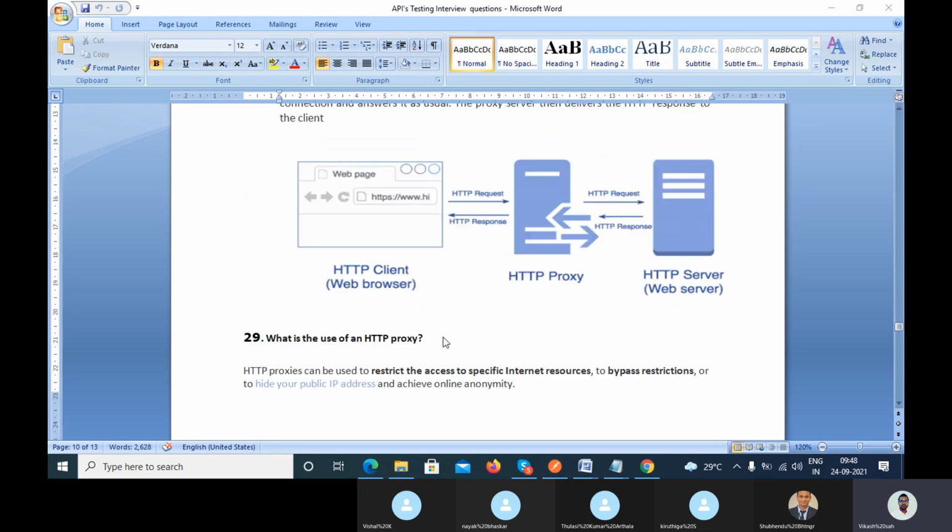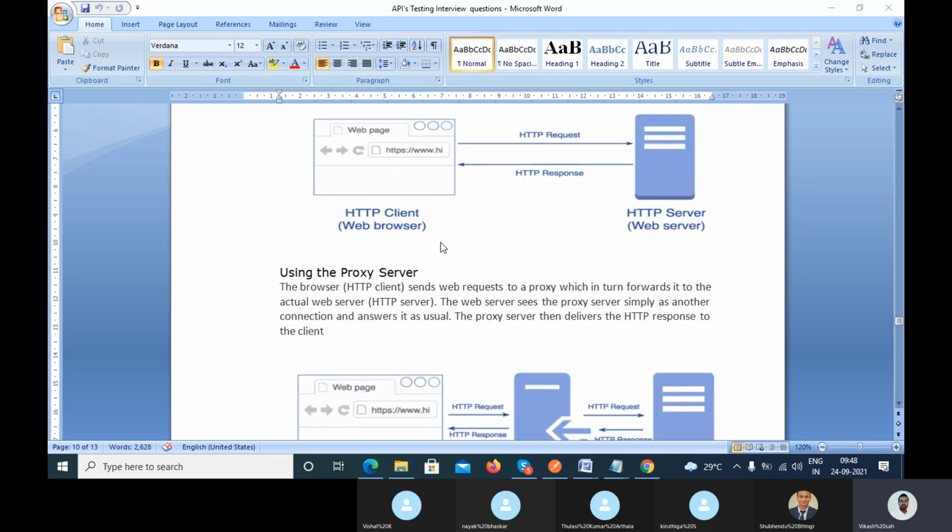This is one advantage. Another advantage is that if they connect directly with the server, they can easily know the IP address of the server.